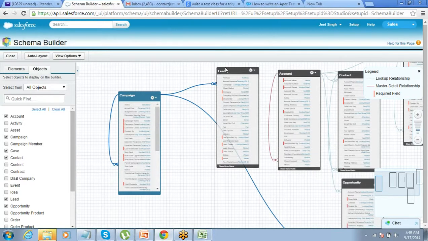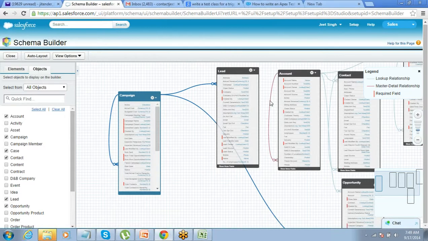Campaign is connected to lead and it is connected to opportunity. That's it. It is not connected to any account. So from the campaign we get leads. If you want, you can create a relationship from here to here. But generally there is no requirement of connecting an account with a campaign, because through a campaign you get leads. That's it.